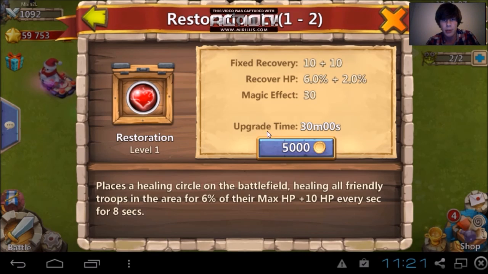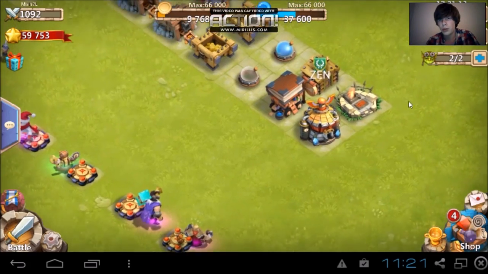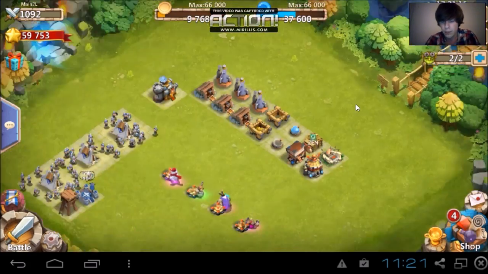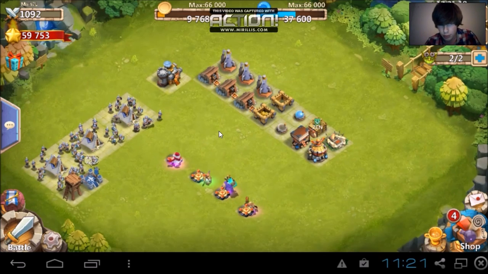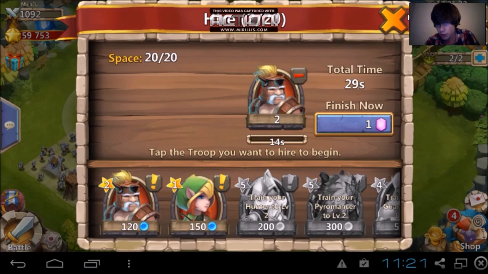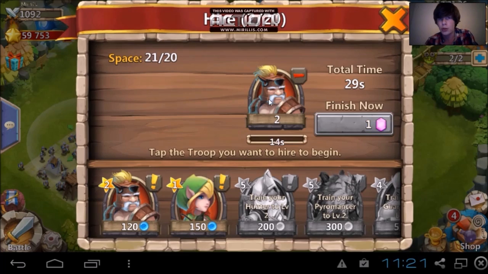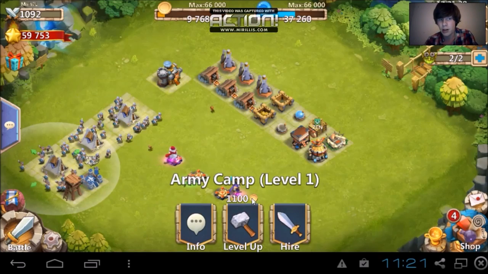So now I can upgrade my restoration, and it's going to take me 30 minutes. And you also don't want to upgrade too much magic. There's one general rule in Castle Clash, and that is everything you do adds might. And the only things you want to do to add might are leveling your heroes,